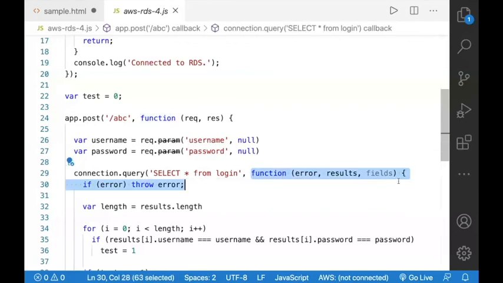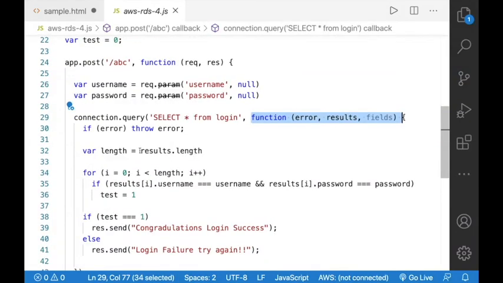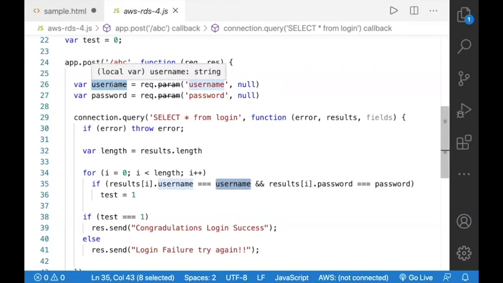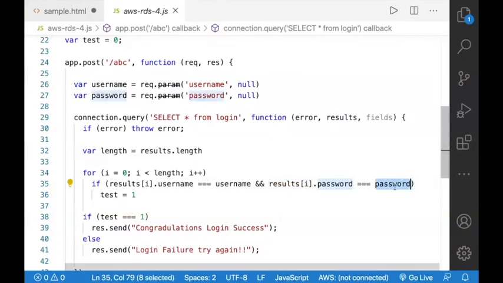And the function to capture the result, the same procedure I have used inside the server. I'm going to take the first result, result of 0 dot username, and check it against the username which the user provides as part of the HTML document. And I'm taking the password retrieved from the database and checking it against the password which the user supplied.